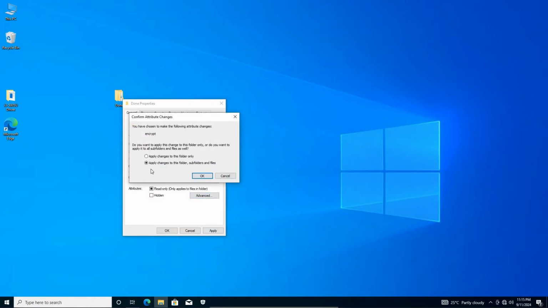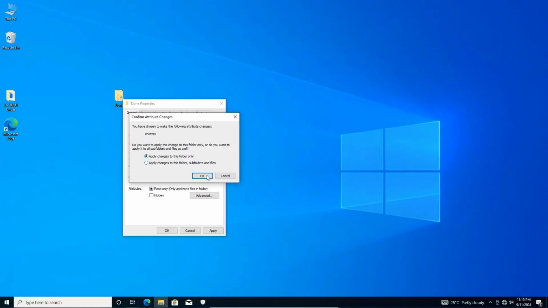As you can see, there are two options which you can apply changes to. Folder only, that is only the main folder. When you open inside, the other folders which are inside, you should be able to access them easily. Applying the changes with the subfolders, that includes inside folders which are inside it, they will all be locked. But we are going to apply only on the surface folder, so just click on apply changes